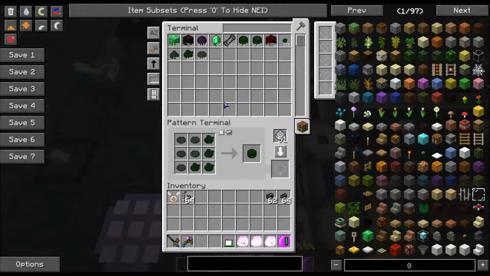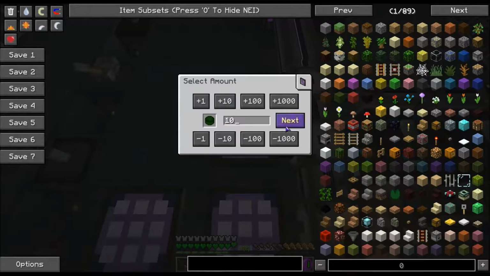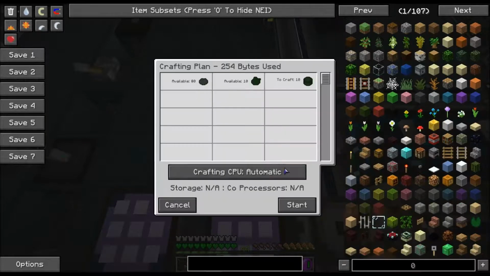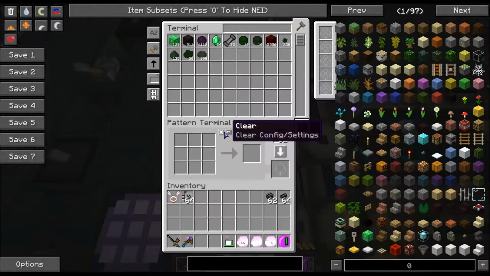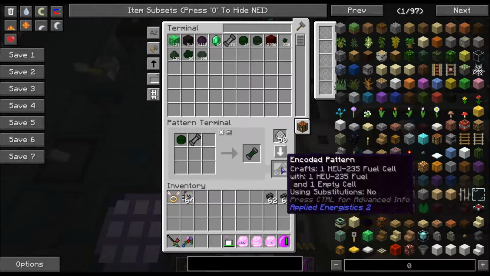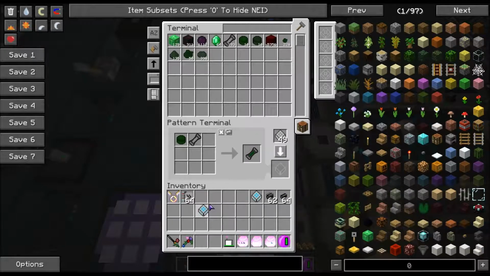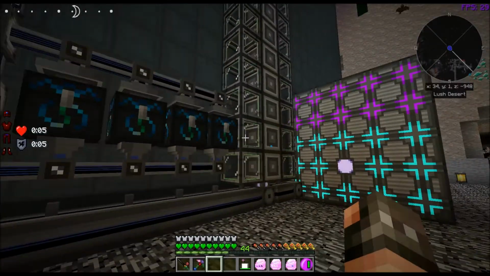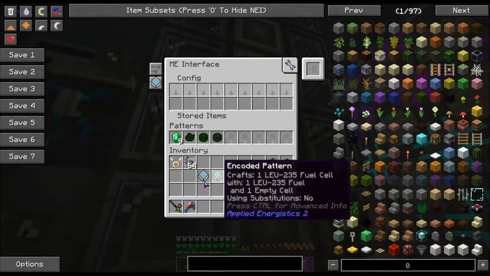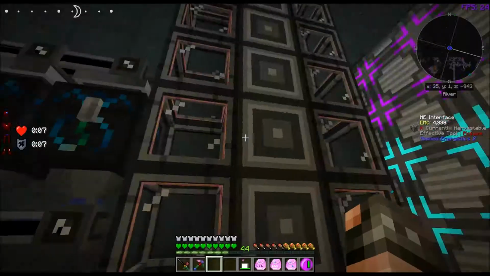Now what we can do is say craft 10 of these, craft 10 of these. All right, now we can clear this out, and we can say craft 1 of these, and 1 of these gives me this. All right, put that one over there. Now if we replace that with that, we can do 1 of each of these. All right, now comes the fun part. Now that we can make the cells directly,